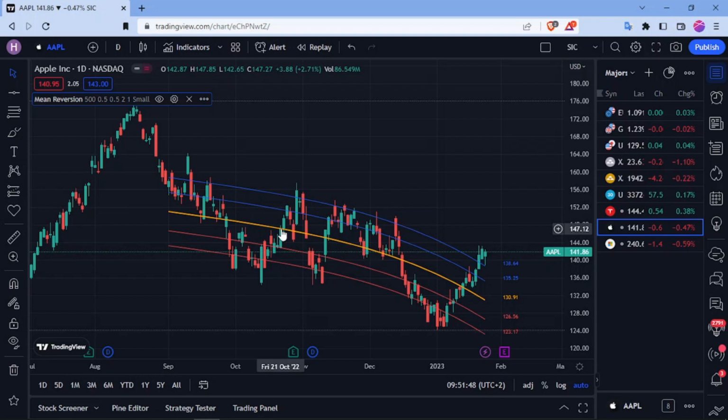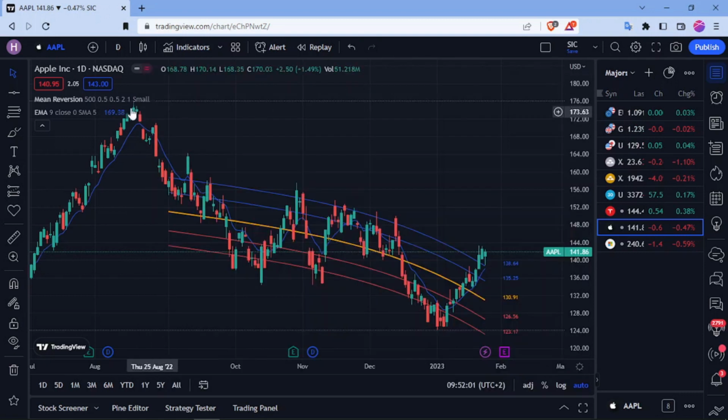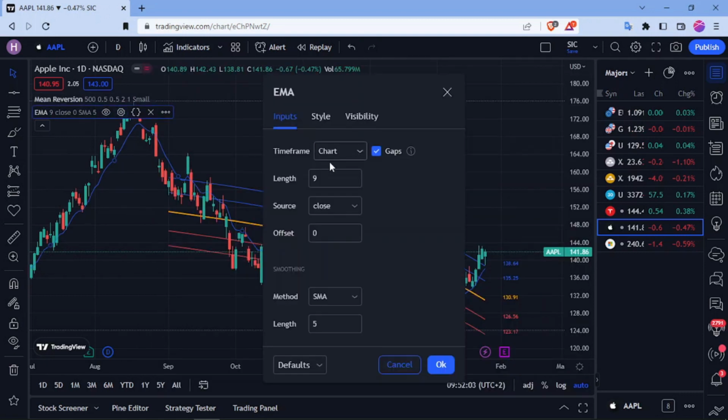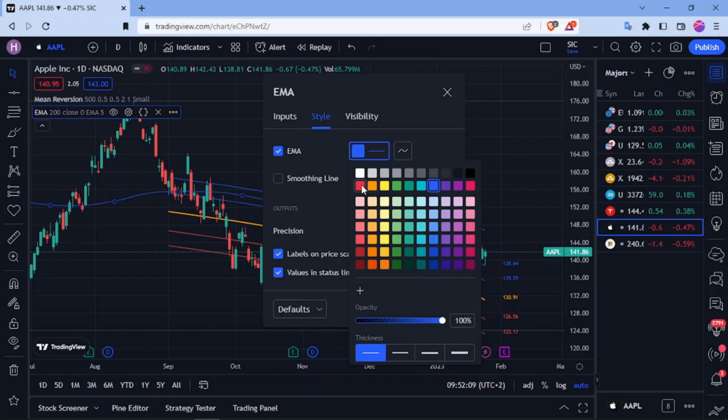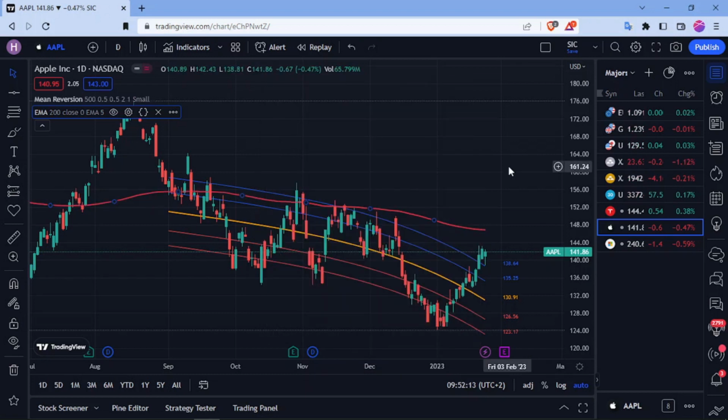The indicator is used to identify potential areas of overbought and oversold so that you can take advantage of moves back to the mean. I'm going to add additional indicators and help you build a complete trading strategy. First, I'm going to add a moving average and select an exponential method and a length of 200. The reason for doing this is I will be using the moving average to determine the trend, and next we